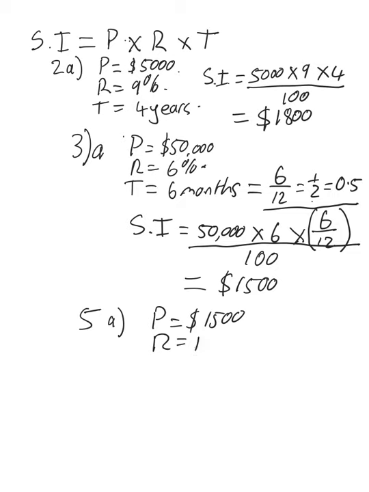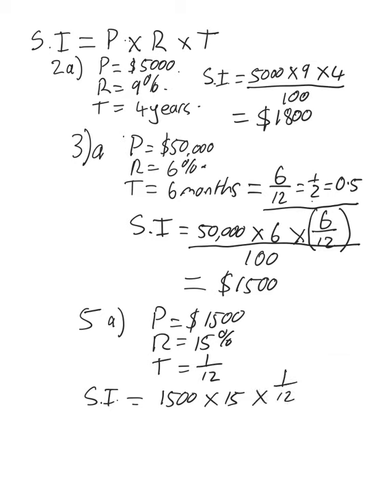R, in this case, is 15%, and T, for every case, is 1/12. So the simple interest equals 1,500 times 15 times 1/12. There again, there's a couple of ways you can handle that. This is just one. If you're more comfortable, just say, for example, dividing by 12 on the bottom, that's fine too. Okay, and that equals